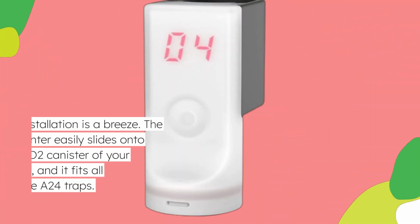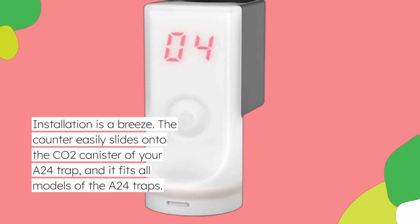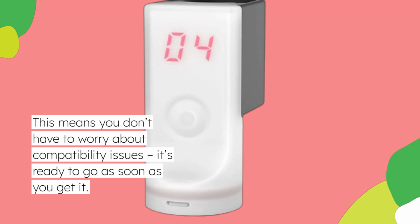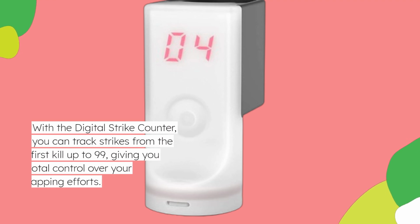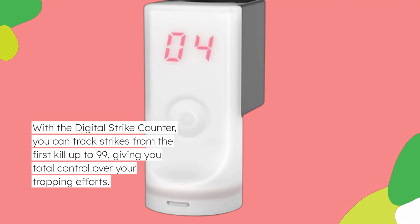The counter easily slides onto the CO2 canister of your 24 trap, and it fits all models of the 24 traps. This means you don't have to worry about compatibility issues. It's ready to go as soon as you get it. With the digital strike counter, you can track strikes from the first kill up to 99, giving you total control